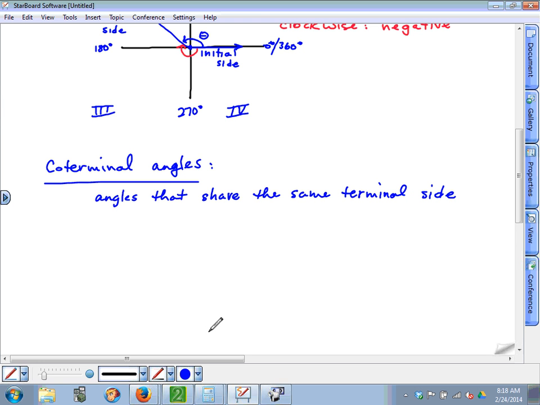This is something that you might remember from last year. I'd be surprised if you did, because I think it was just mentioned briefly. Angles that share the same terminal side. For example,